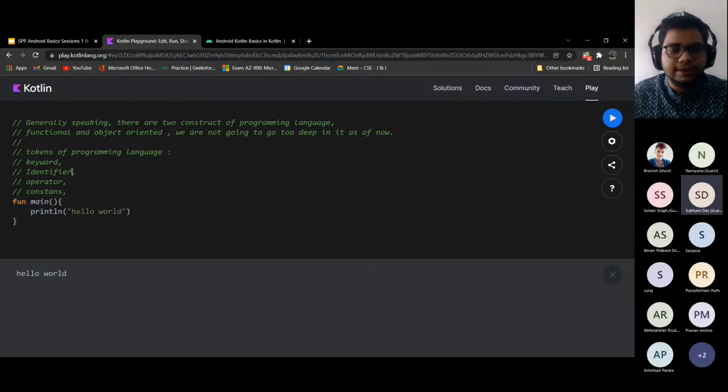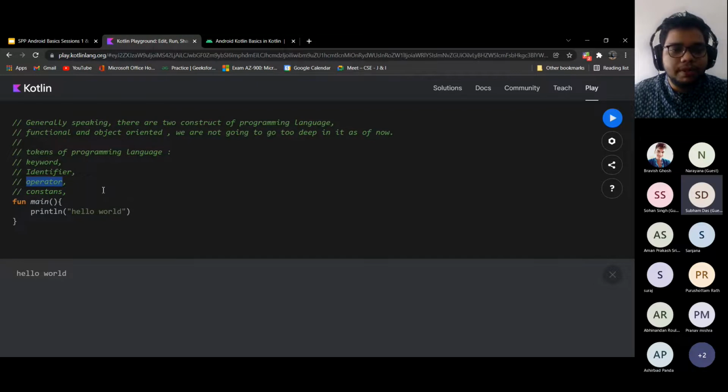So that is exactly what a keyword is. Now, what is an identifier? An identifier is nothing but a name. We give names in the real world to know who we are referring to. Similarly, we have to give names in a programming language for our understanding of what we are referring to, as well as for the compiler to understand what we are referring to.